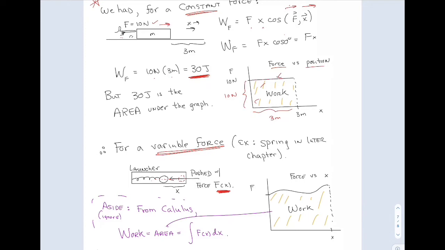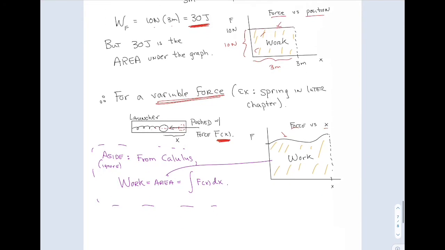So let's say a force, and I plot the force versus how far I'm going to compress or stretch it. That's no longer a constant, it's a curve. To find the work done by that force, it's still the area under that curve. And I put this as an aside. Aside means don't worry about it, you could ignore it. But